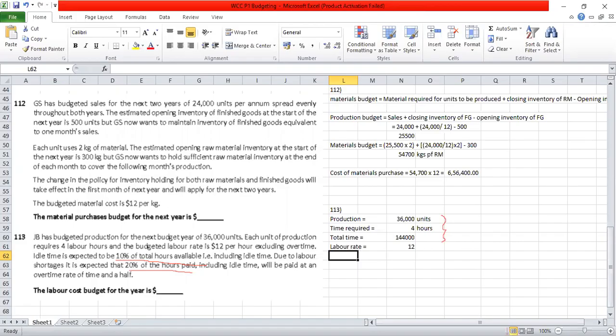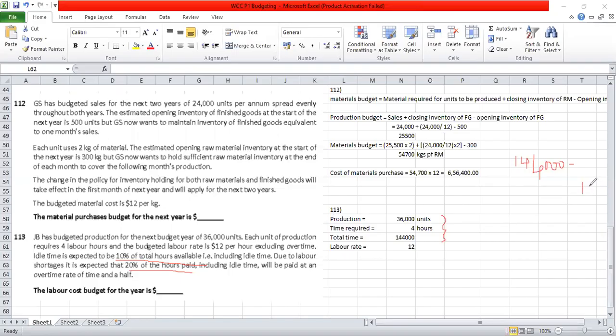Idle time is normally calculated at 10% of the total time. If the productive hours are 144,000, what is the total time or what is the idle time? That way we have to calculate. So the concept is, if we have 144,000 as productive hours, this is not including any idle time. Idle time rate is mentioned as 10% of the total hours. If idle time is 10%,